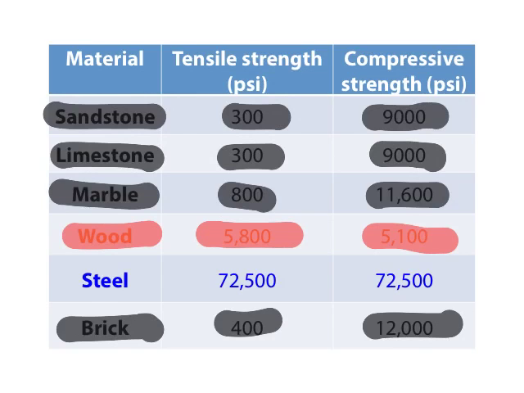And then lastly, if we compare stone and wood to steel, which is a modern material, you can see that steel is very, very strong in compression and very, very strong in tension. So it really is one of the main building materials of choice today, because of its incredibly high